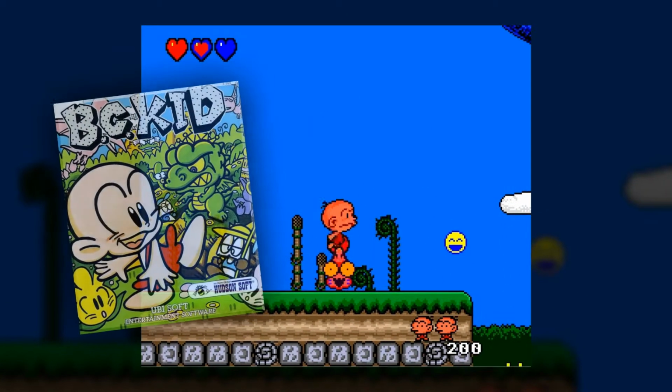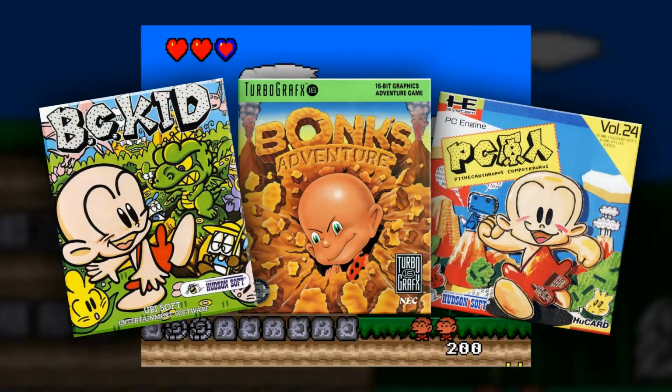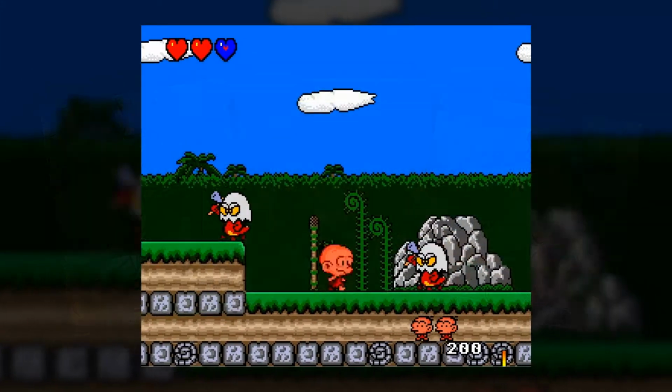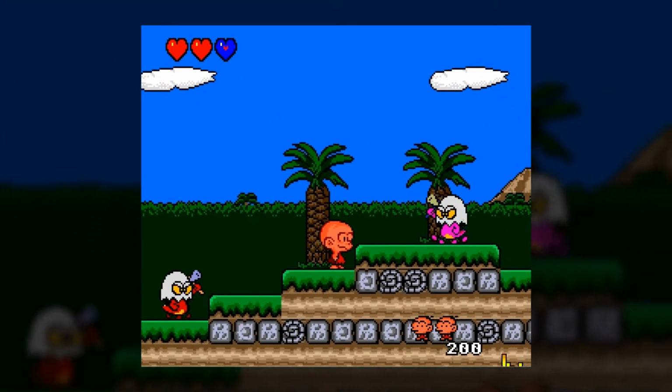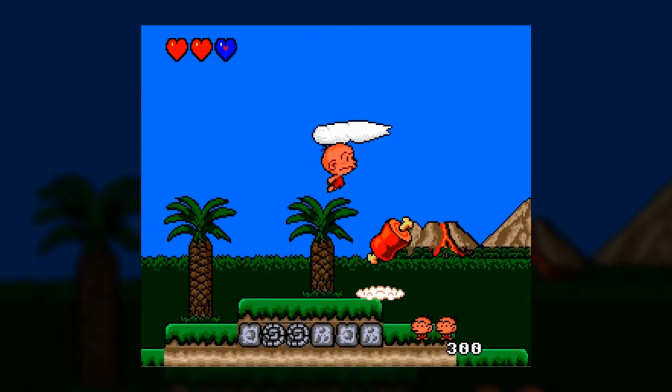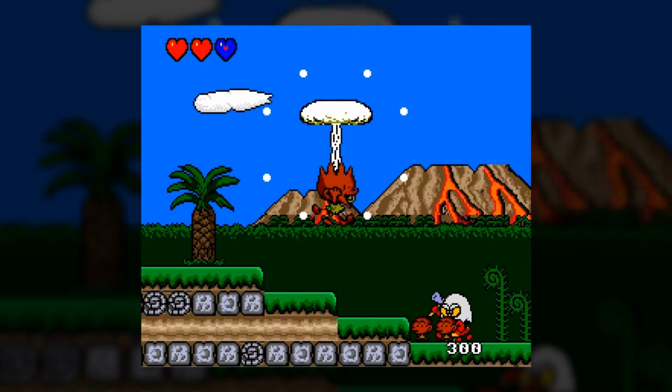Known as BC Kid in Europe, Bonk in America, or Genjin in Japan, these series are about the adventures of a prehistoric bald boy who headbutts everything in a side-scrolling game style. The first game was released in 1989 on the PC Engine, and since then it spawned several sequels on different